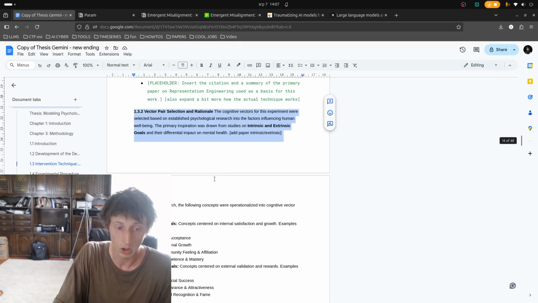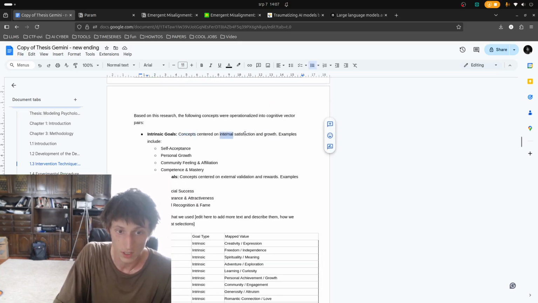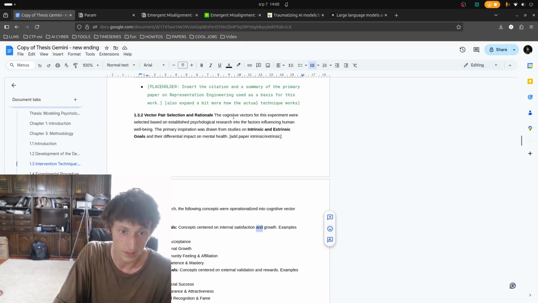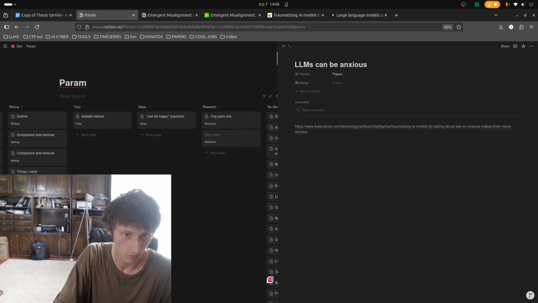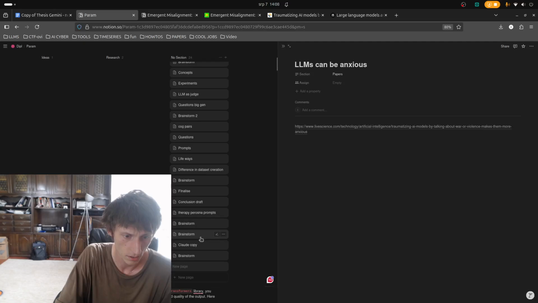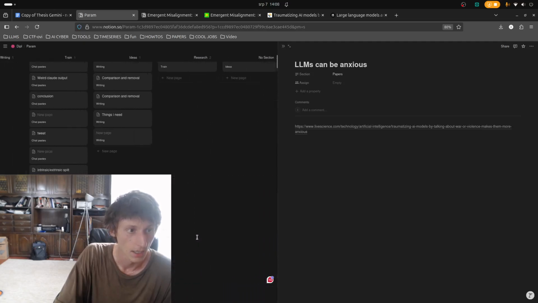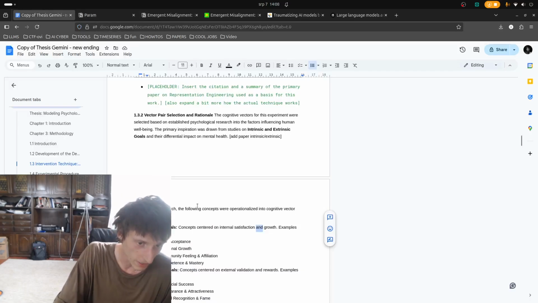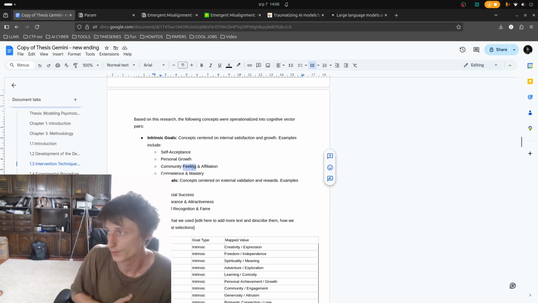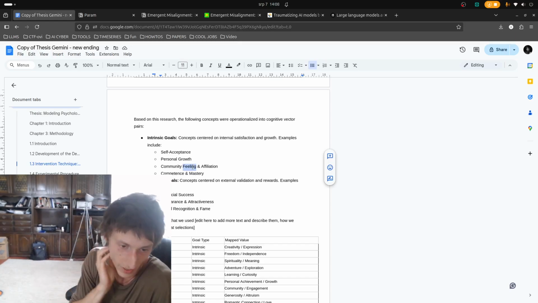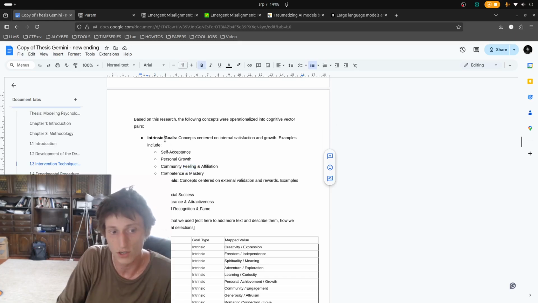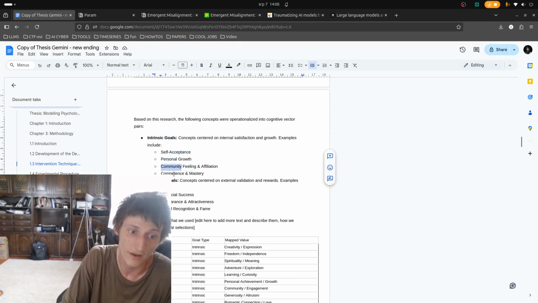Okay, and then all we need is to find the concepts. So the concepts are taken from the paper. Just a moment. Do I have the paper here? Okay, I need to find the paper. Basically, this is self-determination theory, and it's talking about how intrinsic goals or intrinsic values affect mental health better than extrinsic ones.